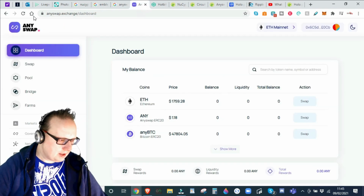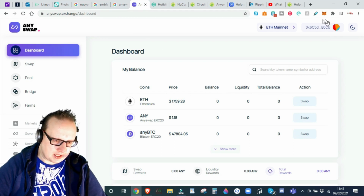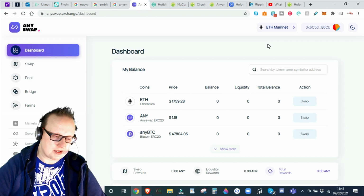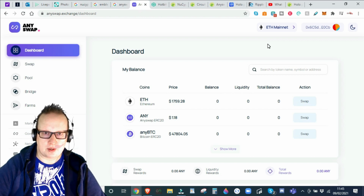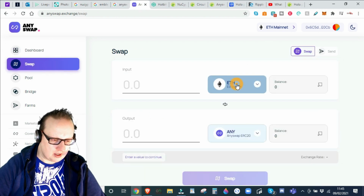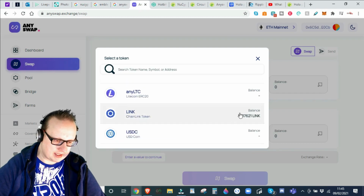So Anyswap, you can go to Anyswap.exchange. It will take you to the dashboard. Connect your wallet, and again, you must have Ethereum. The clever thing about this is you can swap other tokens over to Anyswap. Just going to quickly show you. So I'm going to go to swap. I've got no Ethereum balance on purpose, but if I scroll down, you can see my link balance